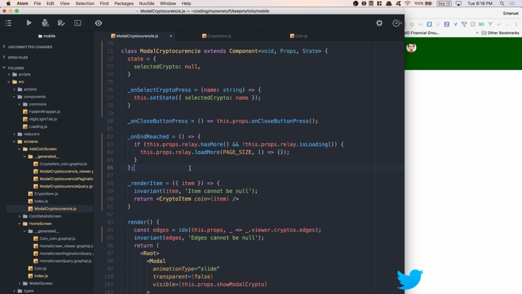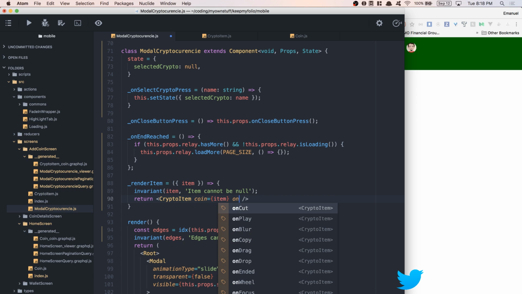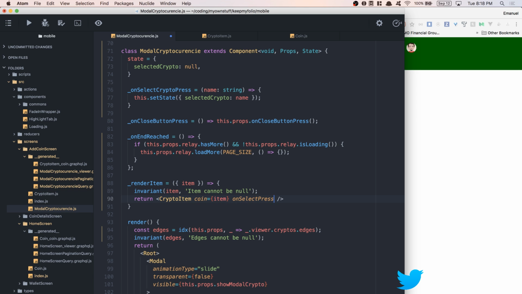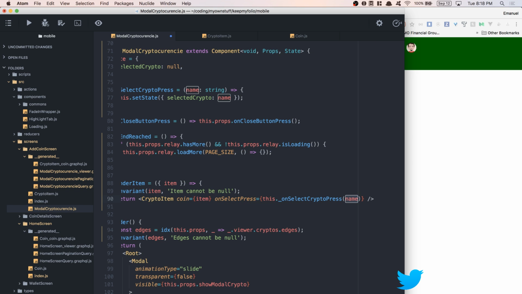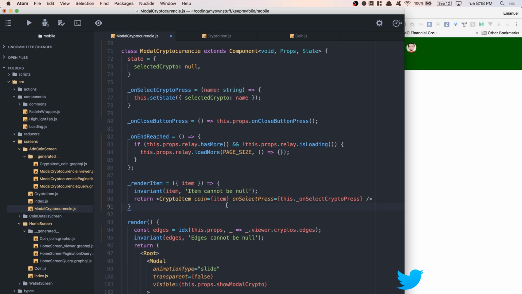And now right there where I get my item, I can say onSelect press equals this dot onSelect press crypto, like that. So you're going to get my name because of the object here, if I understand. And if this thing happens,